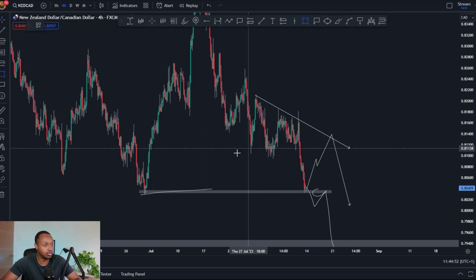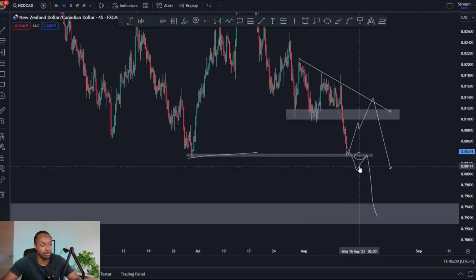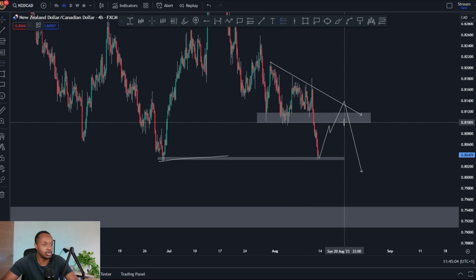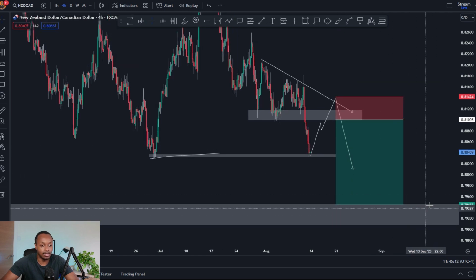We do have a lovely support level here, which we didn't break through. Didn't get a retest of, so that looks like a nice place for a retest, and then from there we can be looking at some shorts to the downside. Again, depending how far you want to take the trade, you can obviously be looking at a push back down to these lows here if you want to. You can call it a day at these lows, so that'll be up to you, but eventually the next target we are looking at